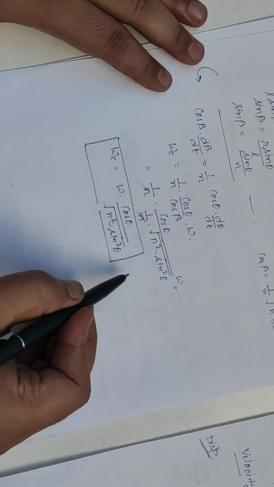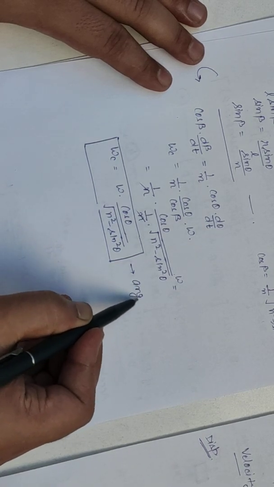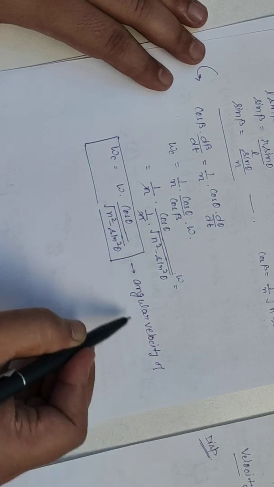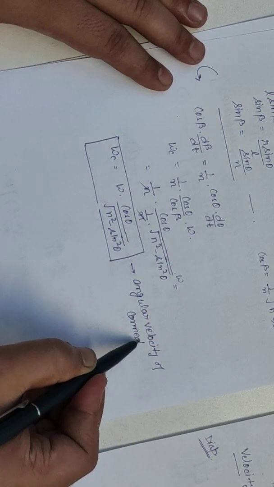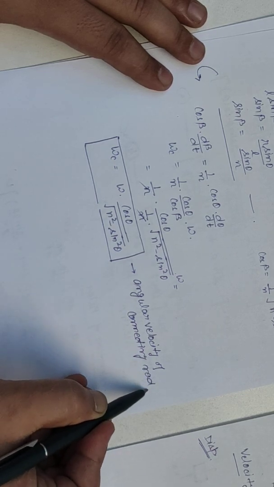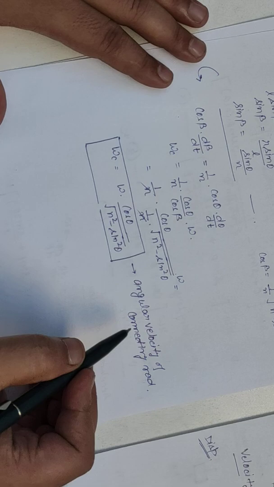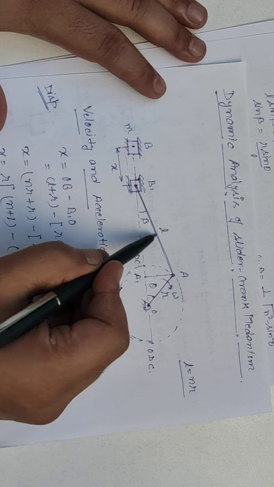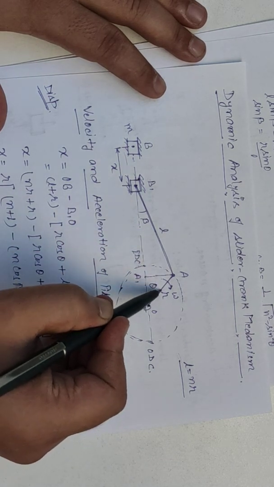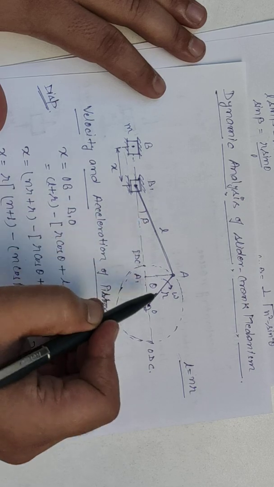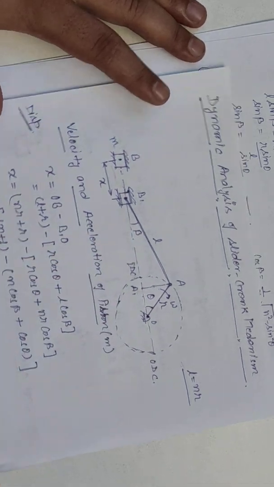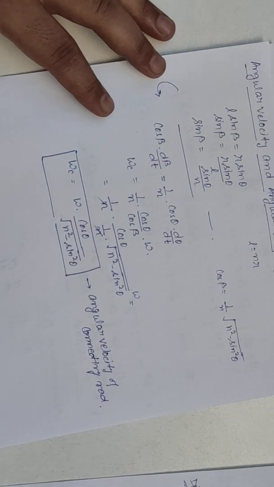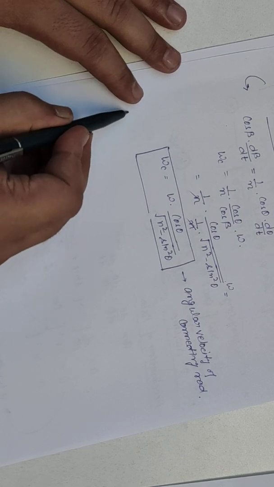So this is the expression for the angular velocity of the connecting rod. How have we calculated it? First we equated L sin beta equal to r sin theta, where beta and theta both are functions of time. We differentiated, and from here we get d beta by dt, which is nothing but omega c. Now we have to calculate the angular acceleration.